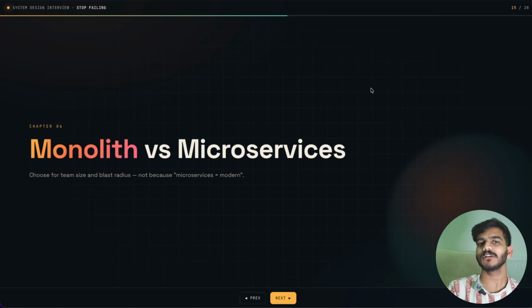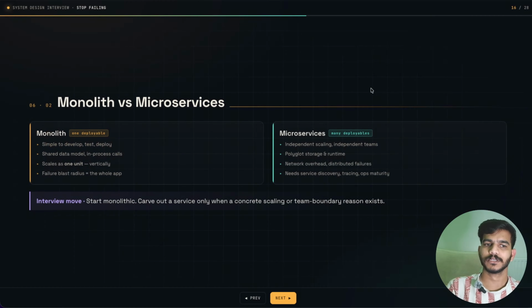Then there is monolithic versus microservices. So most of the times you will use microservices because in the age of AI the services are highly scalable, and nowadays monolithic is not primarily used. But it is good to know if the interviewer wants you to explain why you have chosen microservices instead of monolithic services. So the difference is that monolithic is a single entity where you have multiple processes running, and